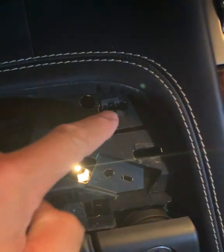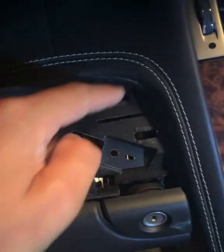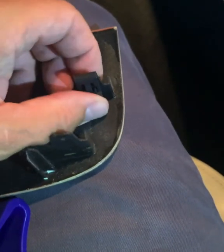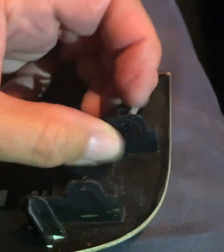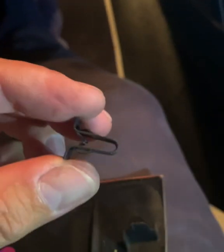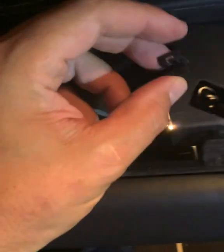Just one little thing to note, the dashboard here, these are the little slots where the tags go into, and sometimes they grip onto the tag and the metal clip comes off with it. So if that happens, you just have to wiggle it off the tag, and they grip into the plastic, which is why they're hard to pop. That's what they look like. And then you just pop it back into the slot, ready